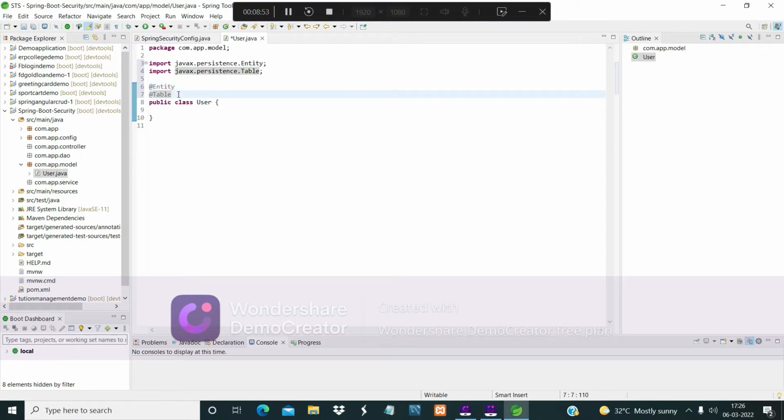We give the table name equal to user, catalog, that is the schema name, catalog equal to testdb.